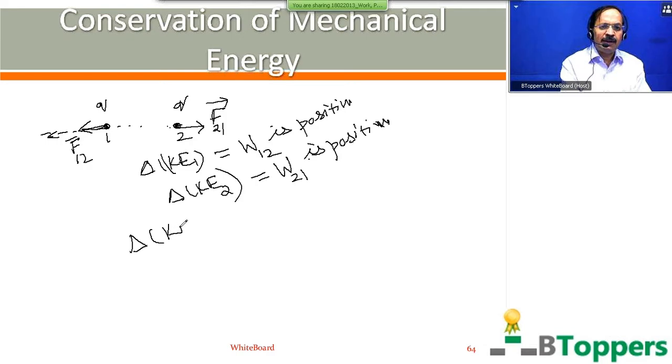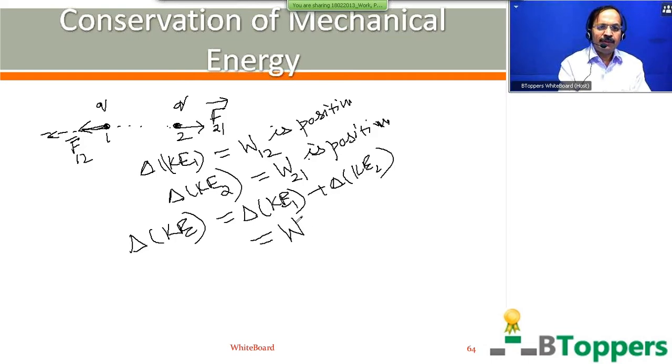So the change in the kinetic energy of the system of the two particles is equal to the change in the kinetic energy of the first particle plus the change in the kinetic energy of the second particle. That is equal to the work done by the force F bar 1, 2 plus the work done by the force F bar 2, 1. When we consider the two particles together as one system, the force F bar 1, 2 can be called an internal force. The force F bar 2, 1 is also an internal force. So in the present example, the change in the kinetic energy of the two particles is equal to the sum of the work done by the internal forces.